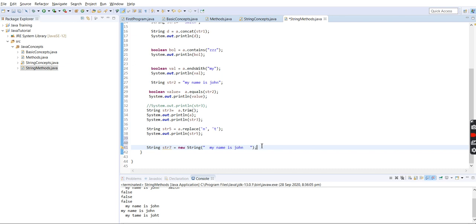So here when we use the equals to operator sign, the physical addresses of these objects will differ. It will not match. So when we try to compare both the strings,